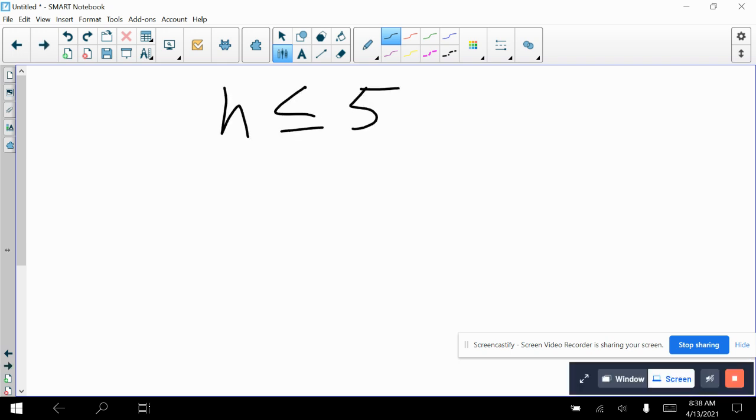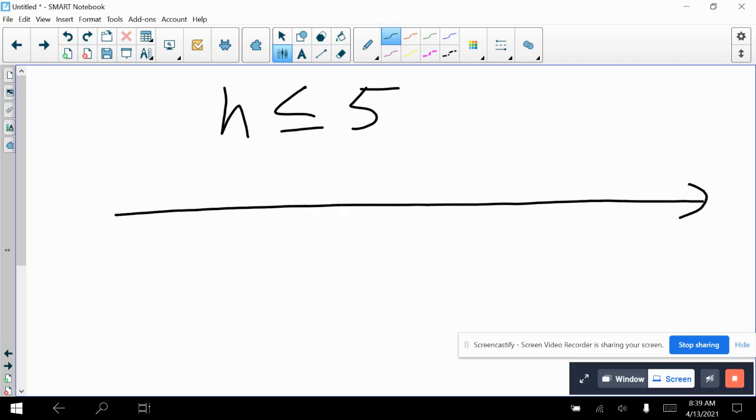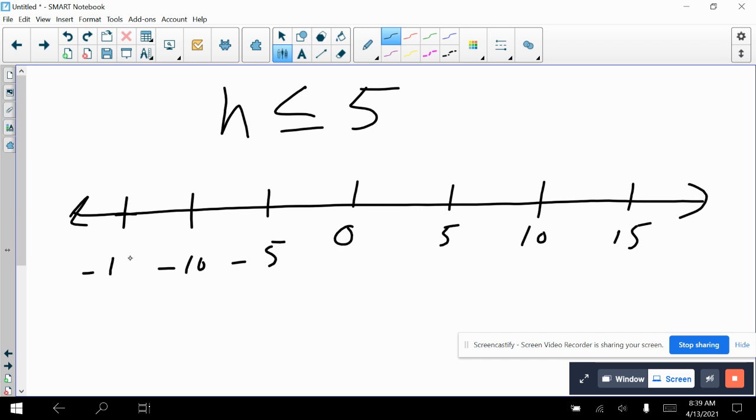Okay, how about this one? There, this one I went by 5. Okay, open dot or closed dot? Closed dot on what number? Okay, it's always on the one that they give you in the inequality, right? So here you're going to, on the line,